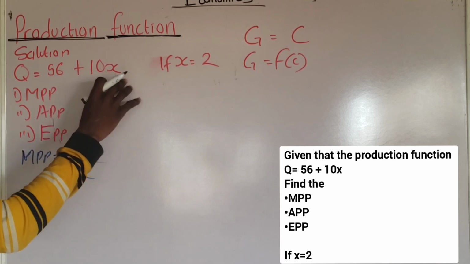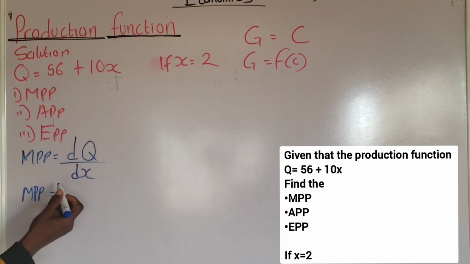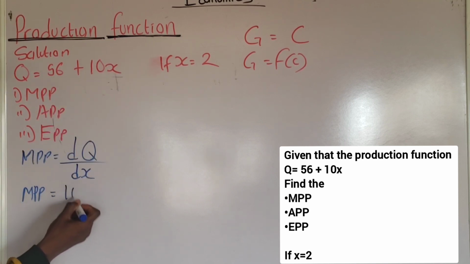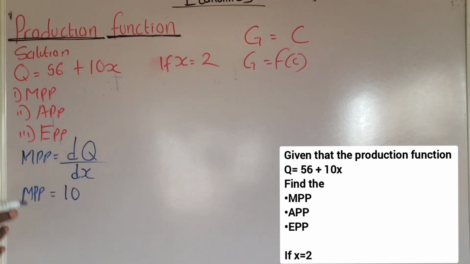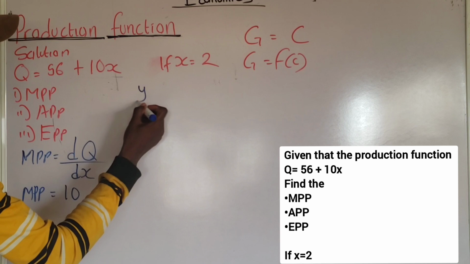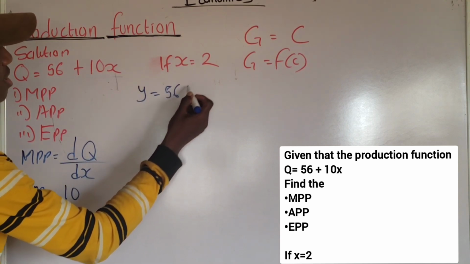If you differentiate 10x, you are going to have 10. How do I know? According to the power rule in differential calculus, if you have y equals 56 plus 10x,